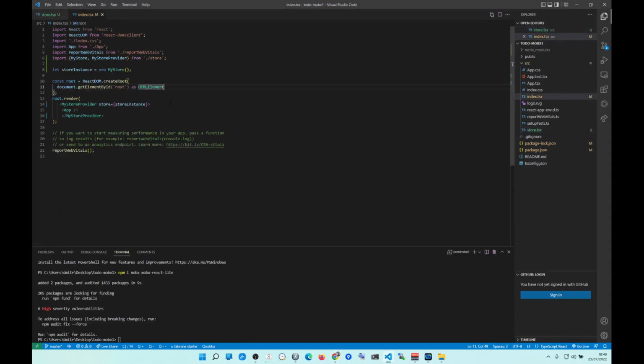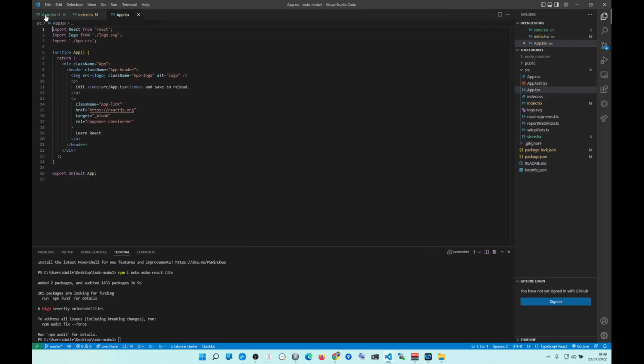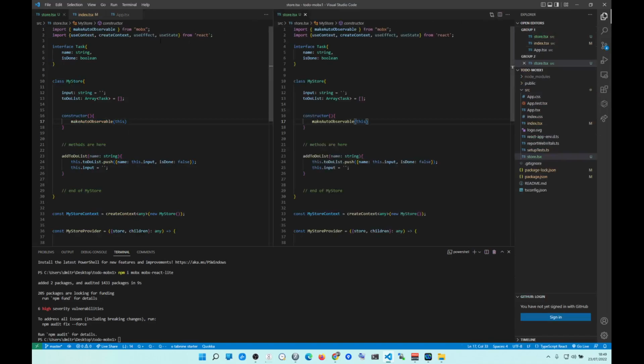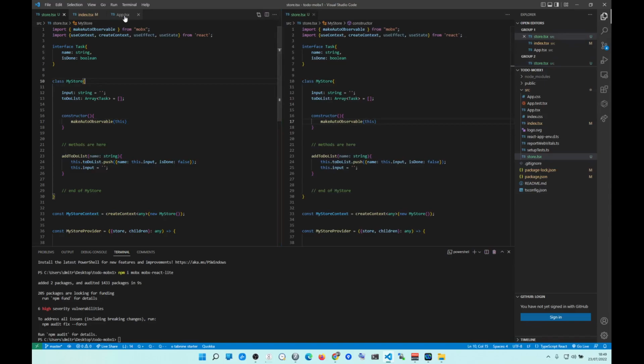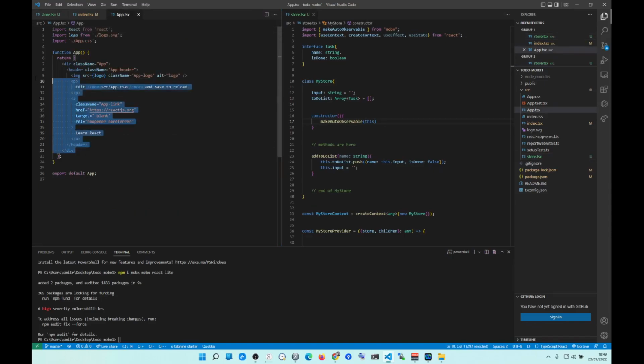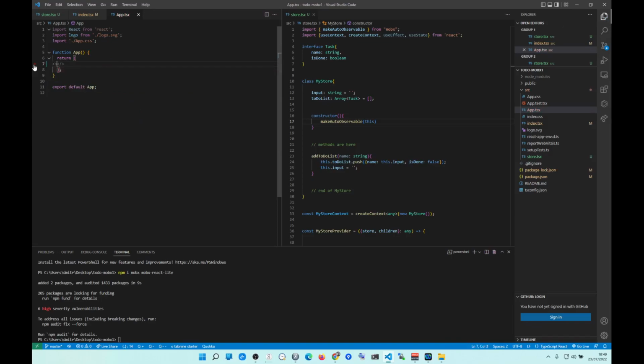Okay, so I think that's the setup, right? So I think we can go to app. We probably want to have store like this. And then we're gonna remove all of this mumbo jumbo. Alright, so